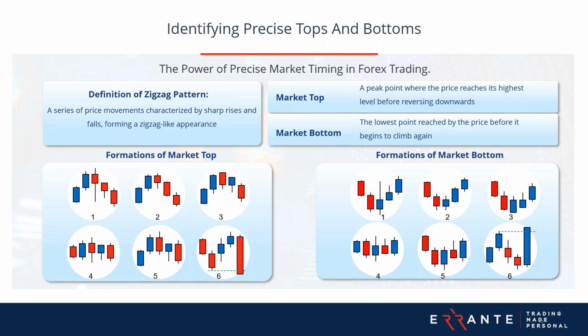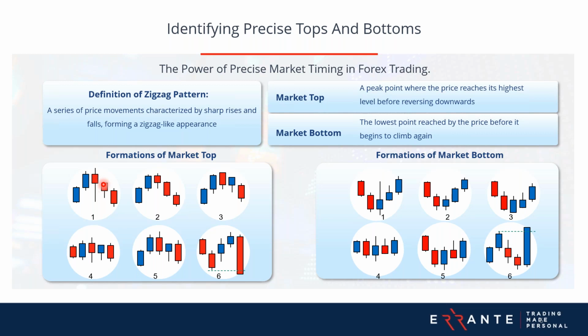Now let's examine the formations of market tops. This is a crucial part. The first formation, as you see here, shows a single candle with a high peak followed by a lower high, suggesting a potential reversal. I mean a reversal in the market movement, not in a trend, because